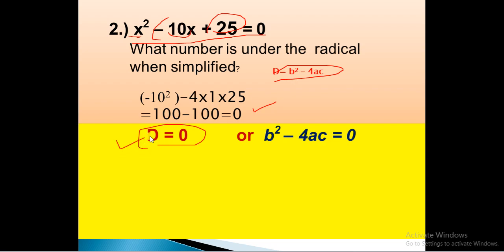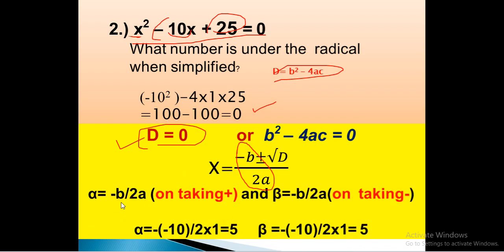Now when this value is 0, what effect will it have on the nature of roots? So let us see that. What we will do, we have to find out the roots for that first of all. So apply the quadratic formula, and we will put D equal to 0 here. So what will we be left with? We will be left with minus b upon 2a. Alpha is equal to minus b upon 2a on taking plus, and on taking minus, again minus b upon 2a. In both the cases you see, this term is going to be 0. So what is remaining? Minus b upon 2a. So what you notice here, alpha and beta are the same, equal.